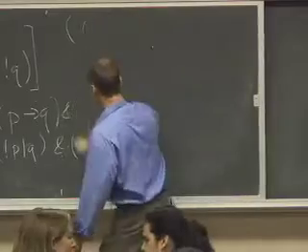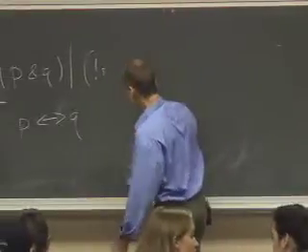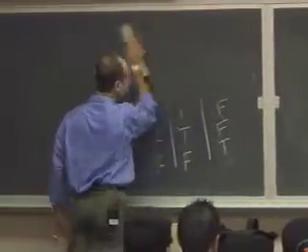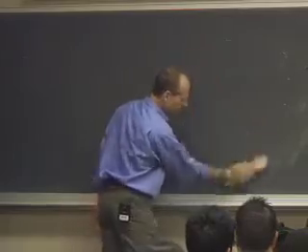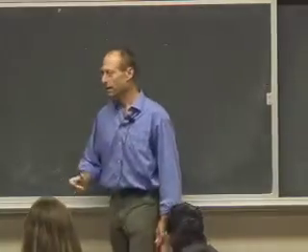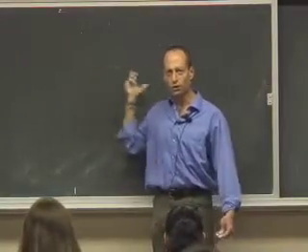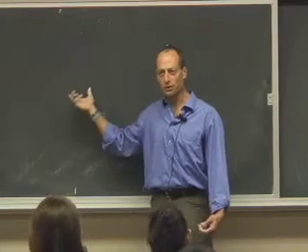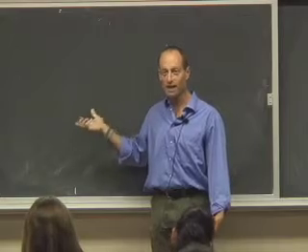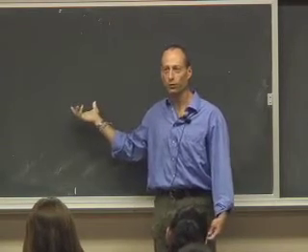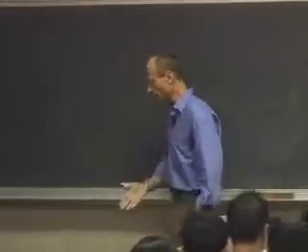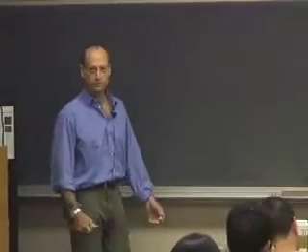While I'm erasing, remember we had this notion of an argument, a valid argument, and a sound argument back from the chapter on reasoning and fallacies. And we're going to hit that stuff again in this chapter. A valid argument is one where if the premises are true, the conclusion follows as a matter of logic. A sound argument is one where if the premises are true, the conclusion follows as a matter of logic, and the premises are in fact true in the real world. Okay. All right, so somebody want to just call out some complicated proposition and we'll evaluate a truth table for it? I'm going to make something up.